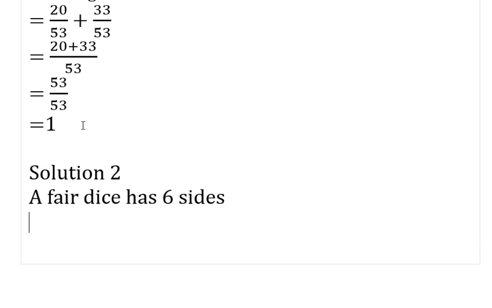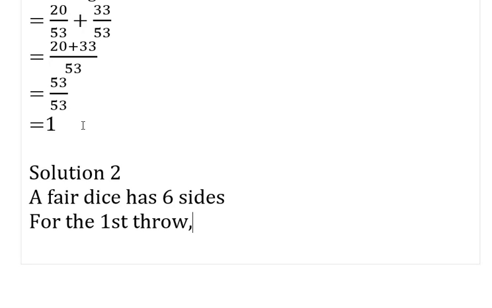Now, for the first throw, because we are throwing 3 times, the probability of obtaining 4 upward for the first throw